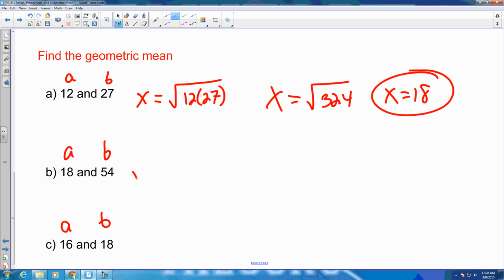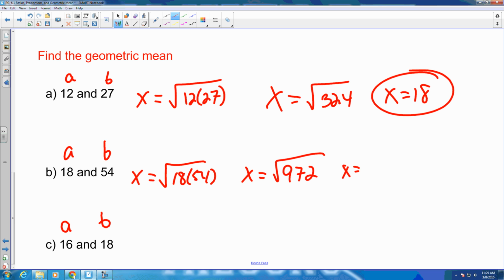I go over here, that means x is going to equal the square root of 18 times 54, and I get x equals the square root of 972. If I take the square root of that solution, I get a decimal. So you could say that x would equal roughly 31.18, or if you wanted to be more precise about this,